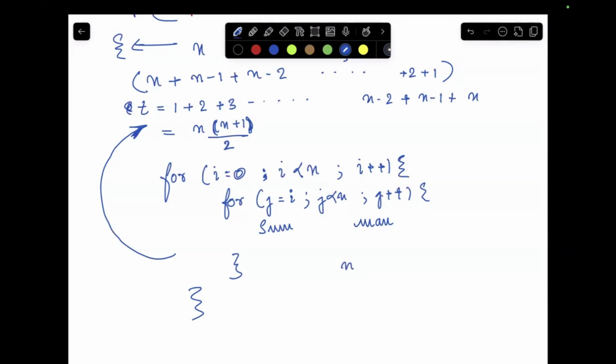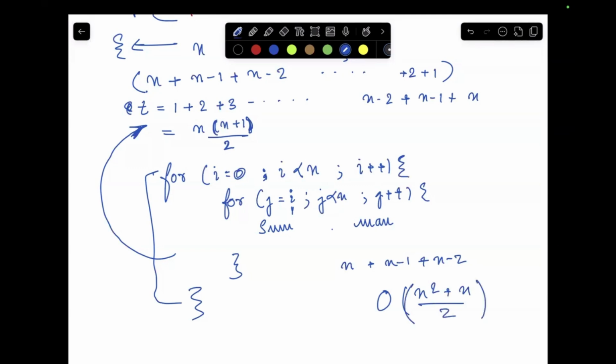For i equals 1, the inner loop iterates n minus 1 times. For i equals 2, the inner loop iterates n minus 2 times. So the number of times these two loops run together is order of n into